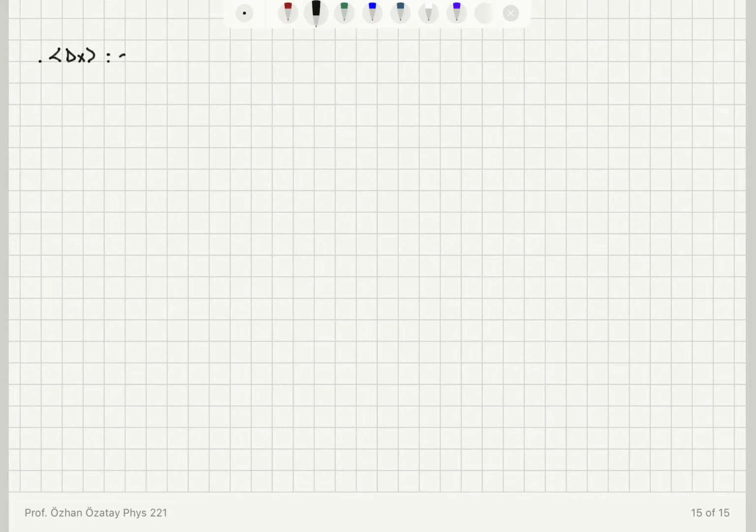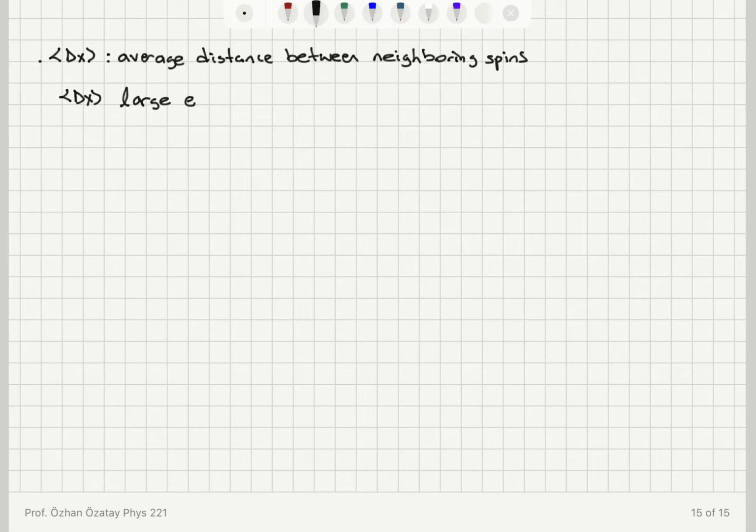So average distance between neighboring spins. This is delta x, and this should be large enough to have non-interacting